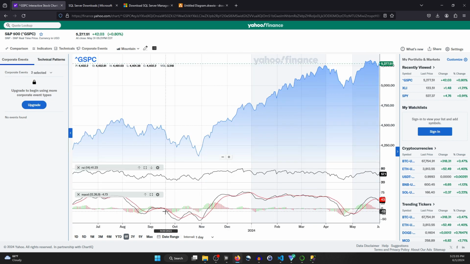So MACD is really popular. We have our signal line. I think this is on the 12, 26, 9. So our 9-day signal crosses above, and that's our buy indicator. So by logic, we could say if this was at 30, and it looks like right here we were around 29. So if this hits 30, once this crosses, we have a buy signal, and then I guess we could say if it hits 70, that's a sell signal, or when the signal crosses back under,